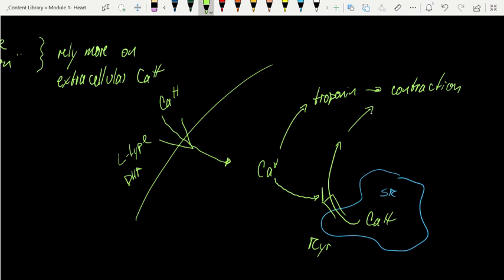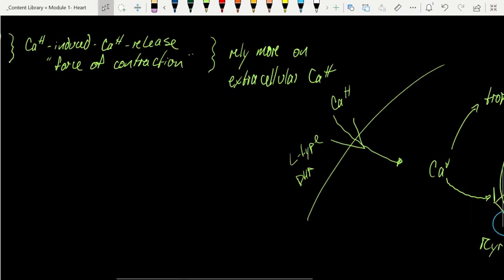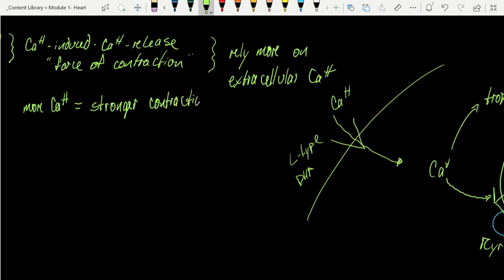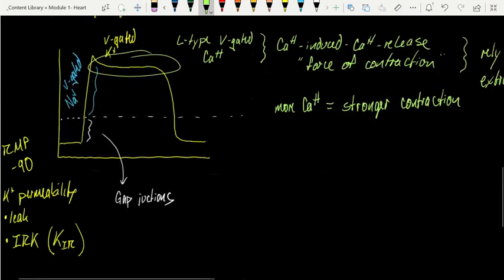So the key to understanding this idea of calcium-induced calcium release is more calcium equals stronger or more forceful contraction. And I can regulate the amount of calcium coming into the cell in part through how long this plateau